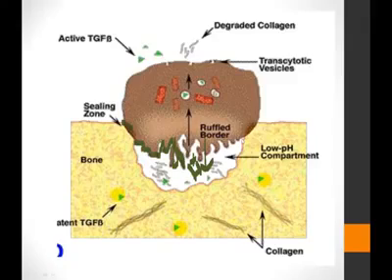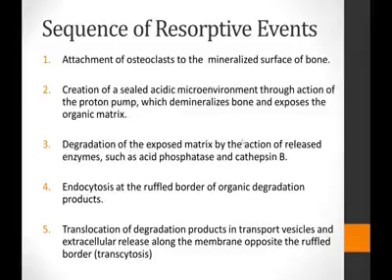ruffled border के अंदर सारा mechanism होता है जिससे bone resorption हो रही होती है, और वो क्या sequence of events होते हैं जिसमें resorption होती है। osteoclast का structure तो हमने पढ़ लिया, कैसे वो attach करते हैं, ये सारी बातें हमने कर ली। resorptive events का क्या sequence होता है? The first step is obviously the attachment of the osteoclast to the mineralized bone surface. The osteoclast comes and attaches to the mineralized bone surface